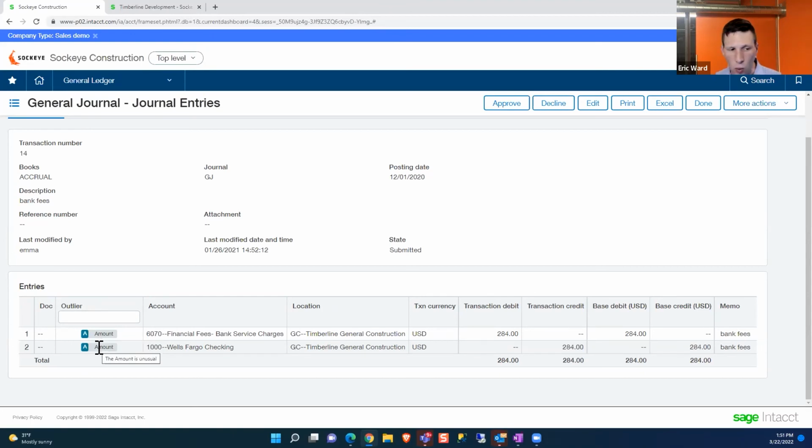You can also have it warn the user when they're entering the transaction. So when I'm entering a transaction and I go to submit it, prior to it submitting, it can tell you this is going to be an outlier transaction because of this dollar value or because of this account number, or maybe it's the department and the account combination. That way you can fix transactions as they're happening before they go through the approval process, having more valid data,